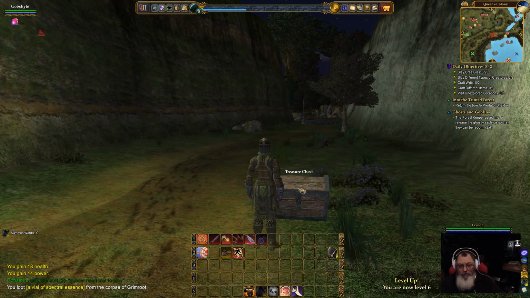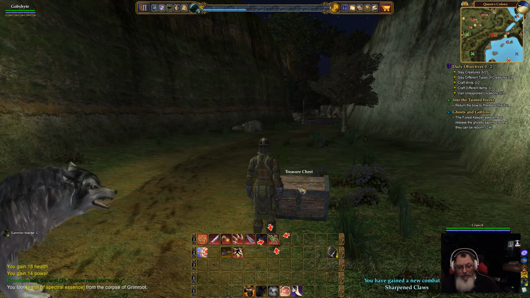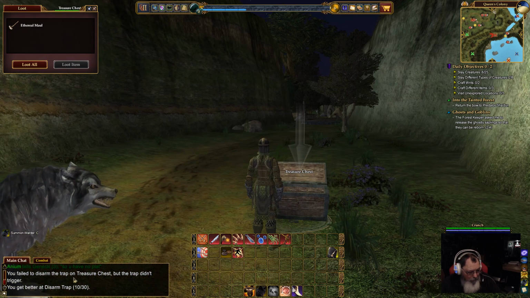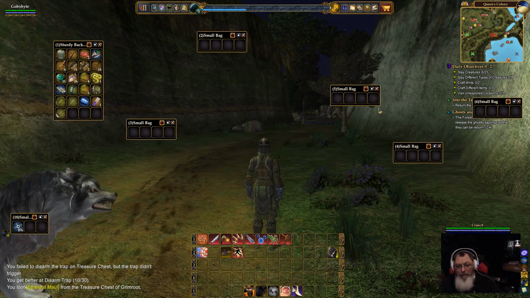Okay. So here's a treasure chest. Now this is probably going to be trapped. And there's no way for me to disarm it other than to open it and hope that the random number generator is in my favor. You failed to disarm the trap on the treasure, but the trap didn't trigger. You get better at disarm trap. Okay. And we got the Ethereal Maul,